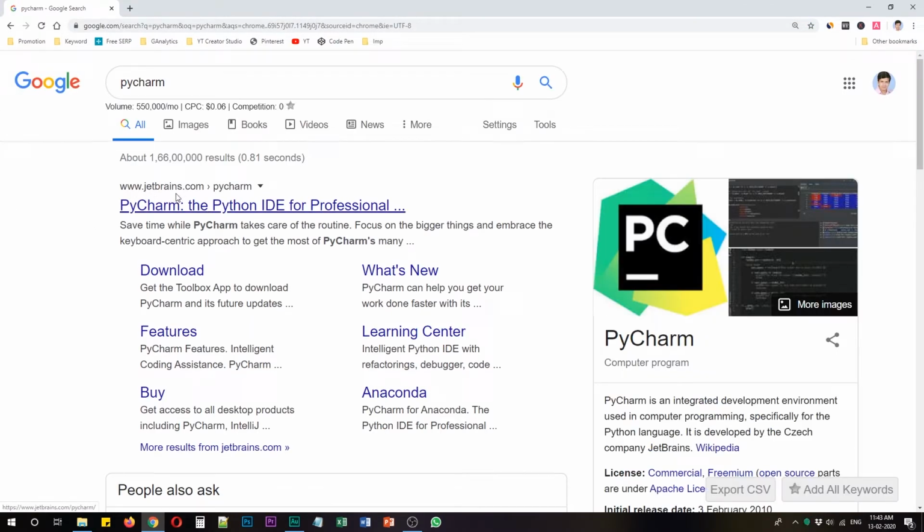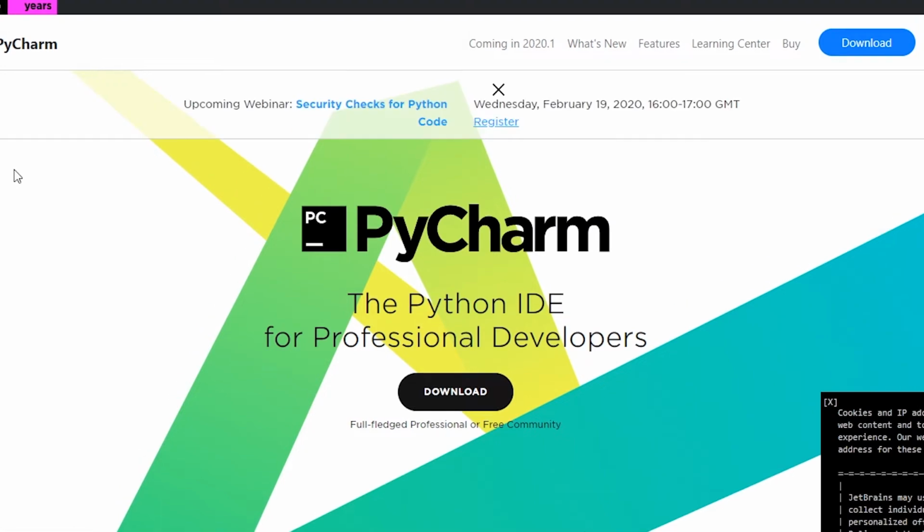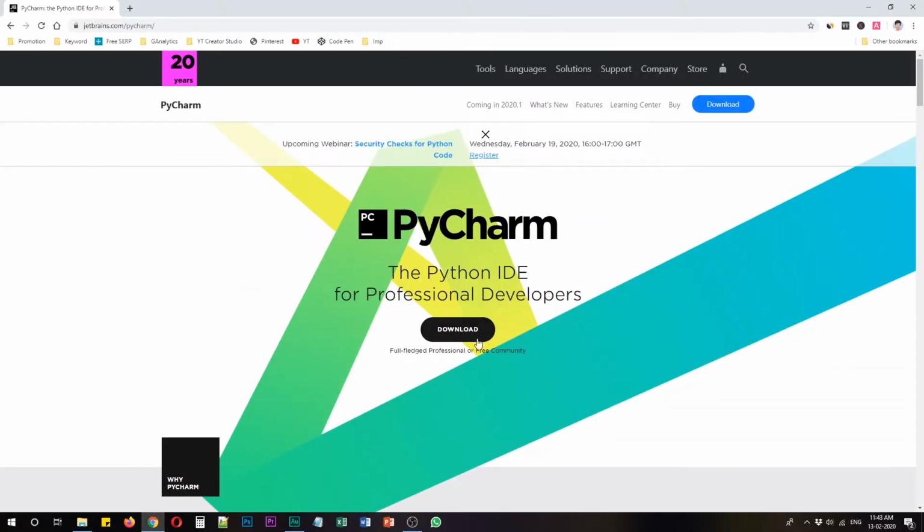There you get the website of JetBrains.com, who are the developer of PyCharm and many other IDEs for popular programming languages. Let's click on it. Okay, so right then and there we have the download option in front of us. So click on download,